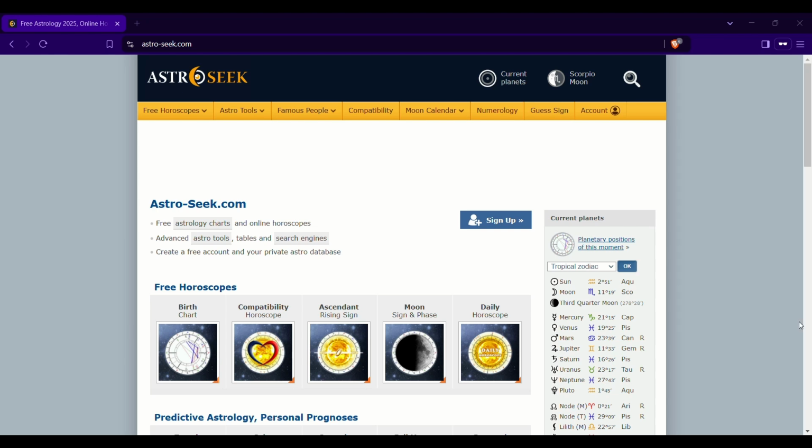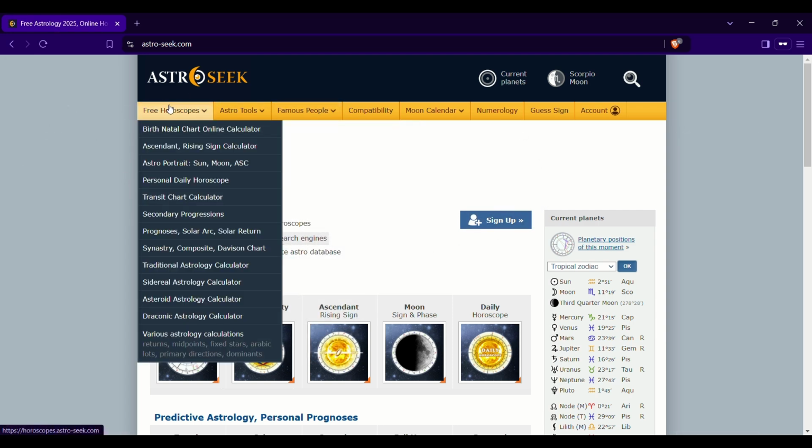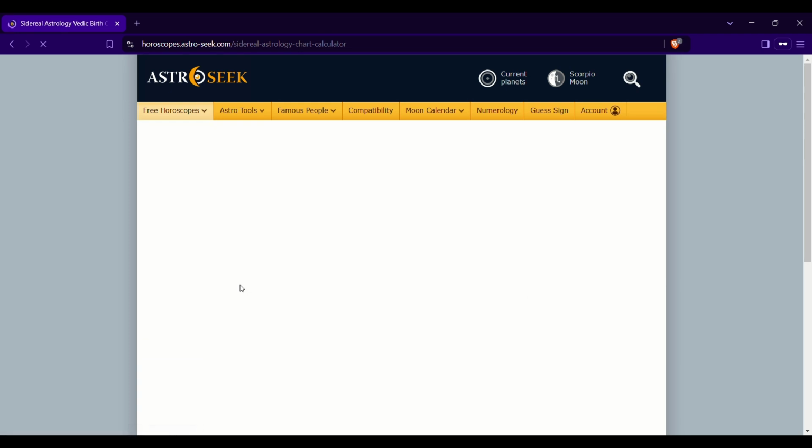So this is how you should use AstroSeek to create your nakshatra chart, but in tropical. So go to AstroSeek's the regular website, and in the drop down menu of free horoscopes, scroll down, go to sidereal astrology calculator. Next,